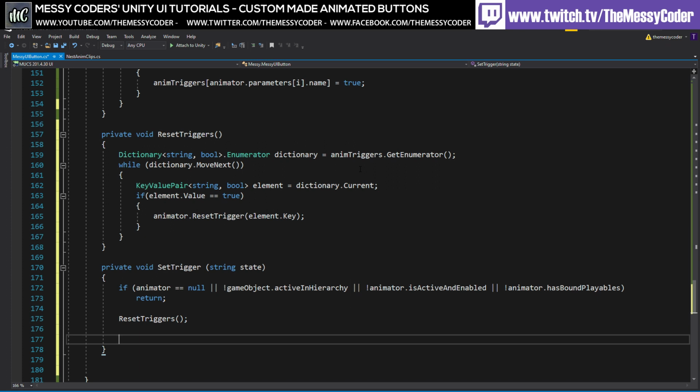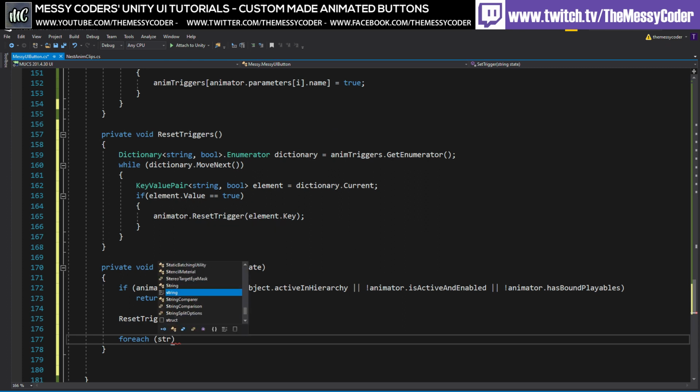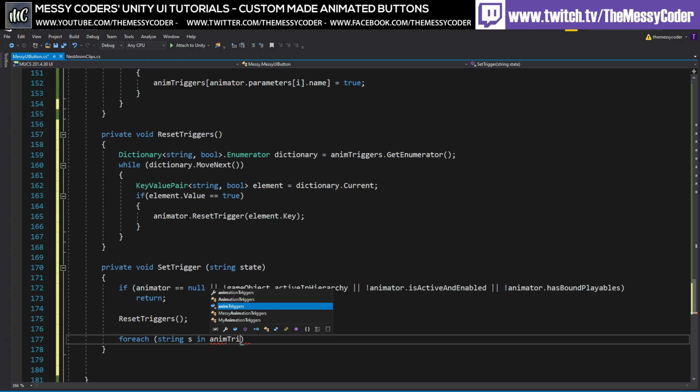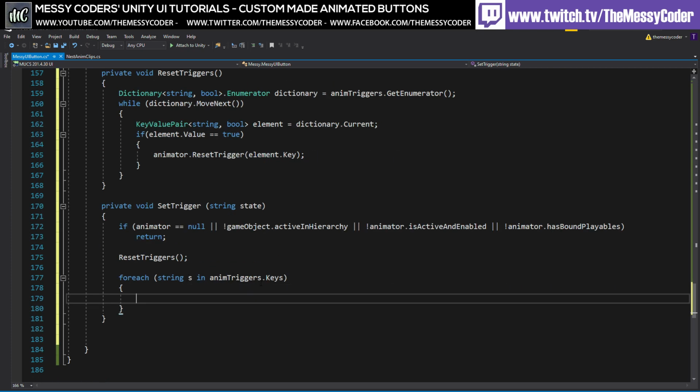And now we're going to do a for each. So it's exactly the same as we did this little enumerator loop, but now we're doing a for each. So I'm going to say string s in animTriggers.Keys, because we're checking the keys of these. So we're looking for a string in the animTriggers keys, and if our state that we passed through up at the top of here equals s, so if it's the same as the s, and